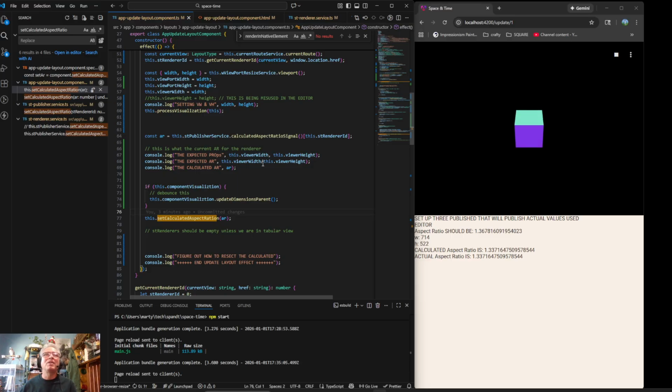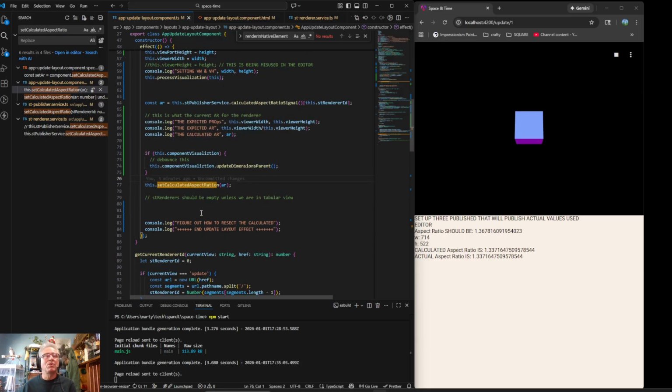this is where we should set it, but I don't think that's right because the component knows, and this set calculated aspect ratio. The component is the one that knows what the actual aspect ratio is supposed to be. Right now it's the same as this, but it won't always be. It will be in the component. And what I don't know, what I can't visually imagine is,